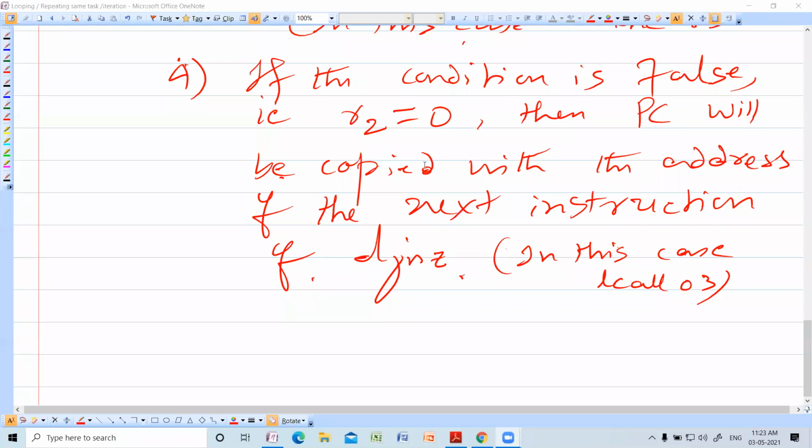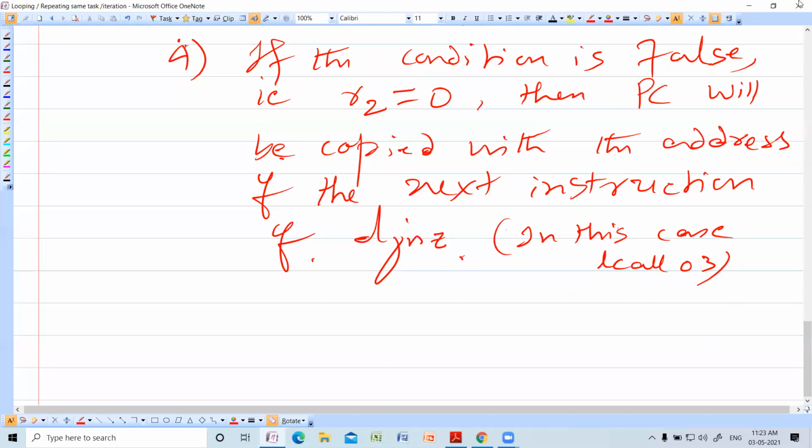Okay. So this is how the program is executed. So now, those who have not answered the attendance, please answer the attendance. Otherwise, your attendance will not be marked.